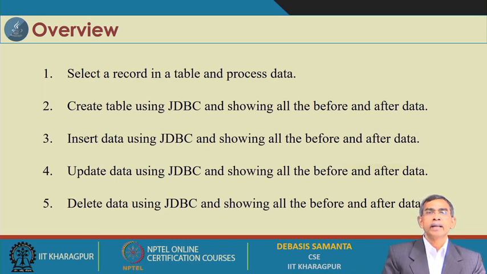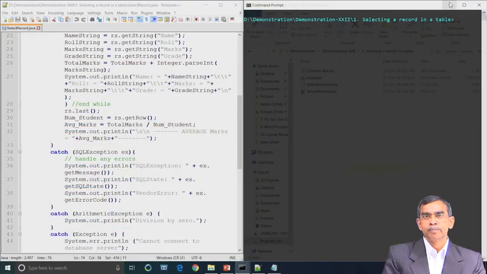Then we will see how the insert command can be executed and ensure that the insert of data is successful. Finally, we repeat the same for other commands like update, delete, drop table, etc. So, let us proceed with the demonstration.